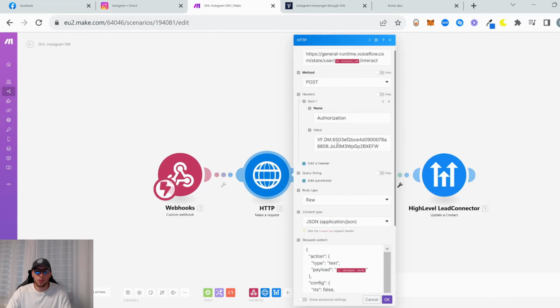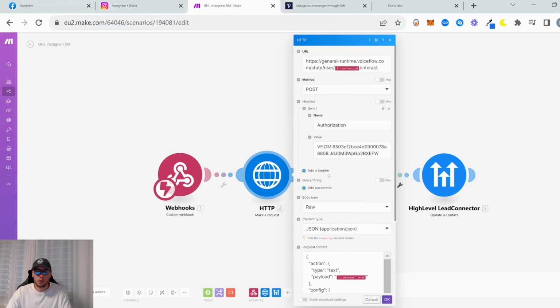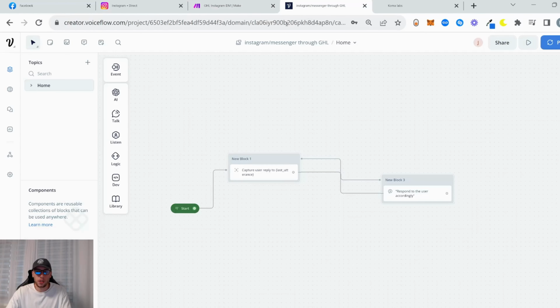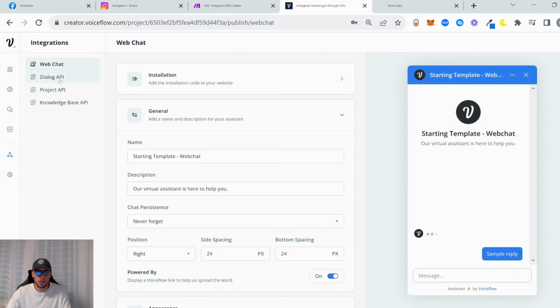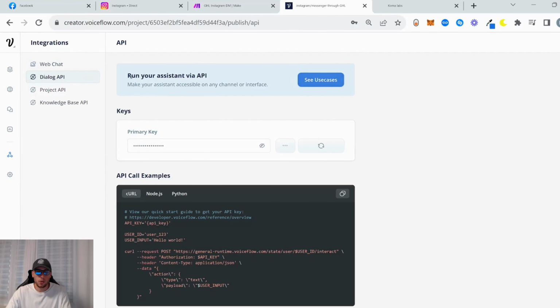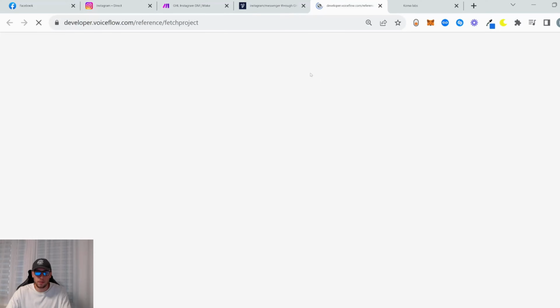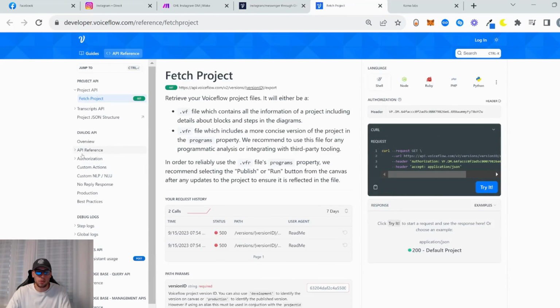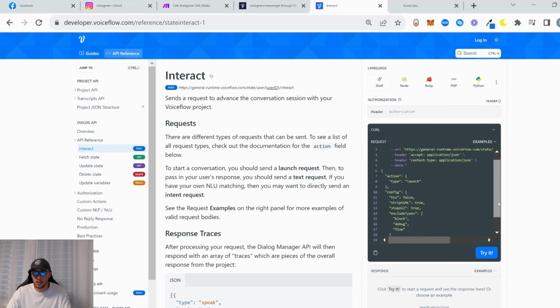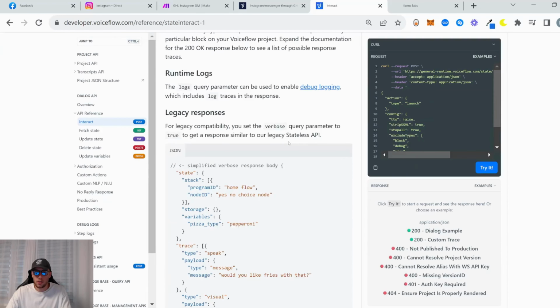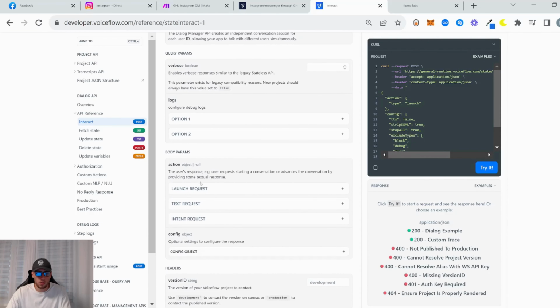In HTTP, what's the next thing, how do you populate these values? I'm going to show you. We go to Voiceflow, to your chatbot, you go to Integration, Dialog API, you hit this button, see use cases, you go to API reference, interact. Here you have the code, and the first thing you have to do is go to the body params, action, text request, text, and